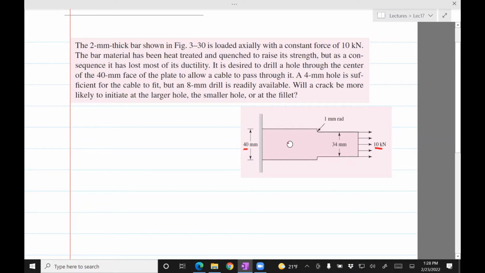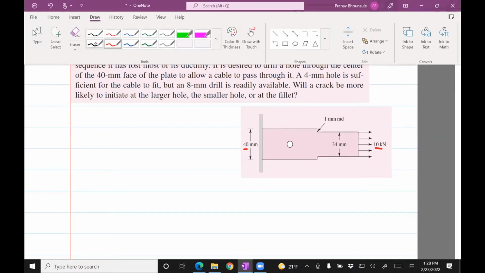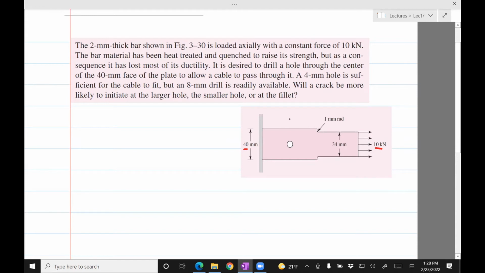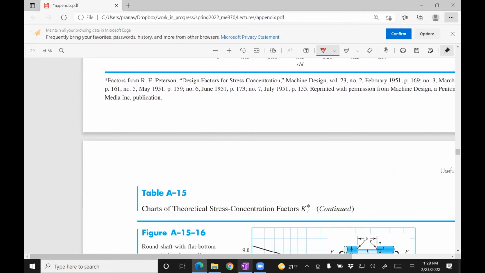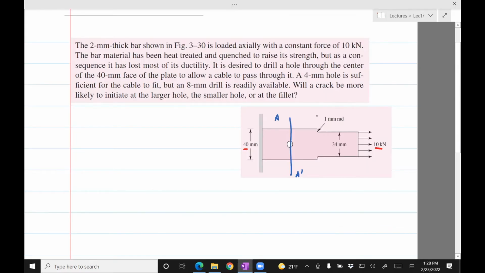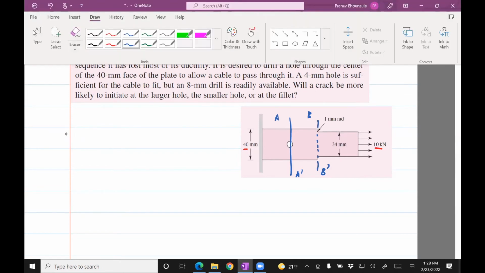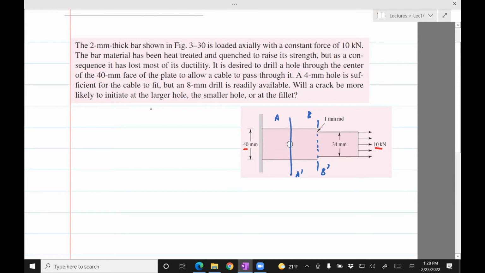Okay, so I guess there are three things we need to consider. We put a line there to indicate the cross section. So let's say that this is A prime. This one, let's call that B prime. Okay, so we have three scenarios. The larger hole,